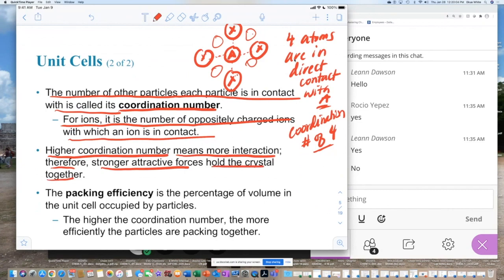If you have stronger attractive forces, this is back to chapter 11, right? If you have a greater coordination number, I'll write this shortly, that implies stronger or higher intermolecular forces. That means more dense and probably a higher melting point. Okay? So when I think about application, when I think about the relevance of this, I think about